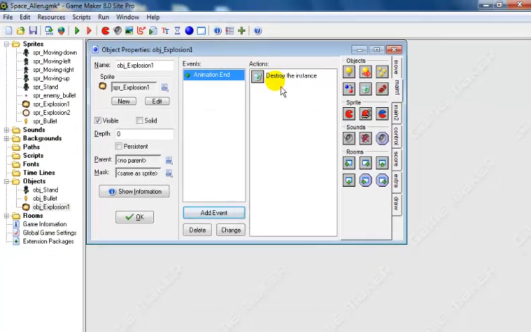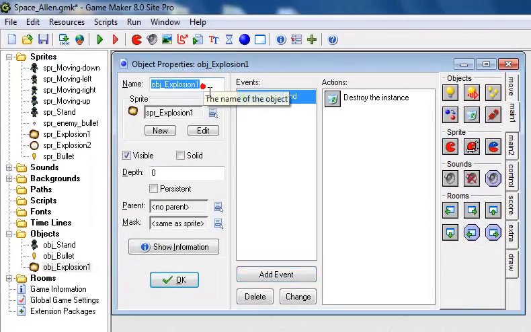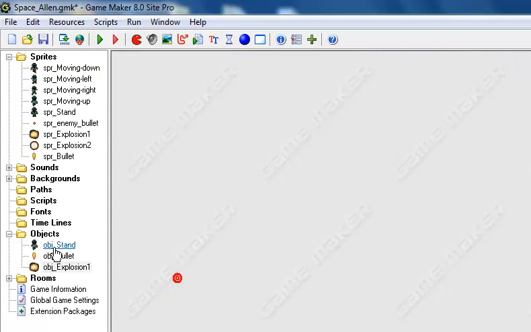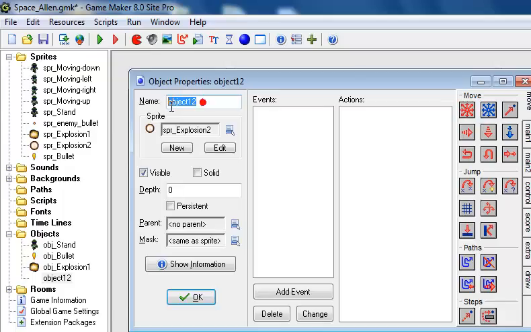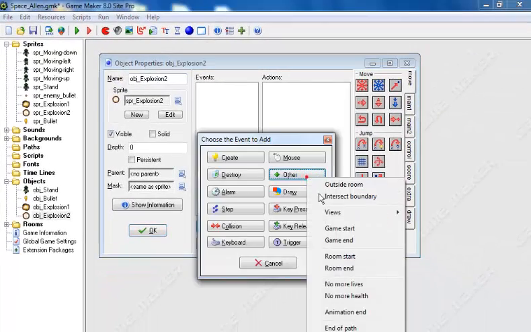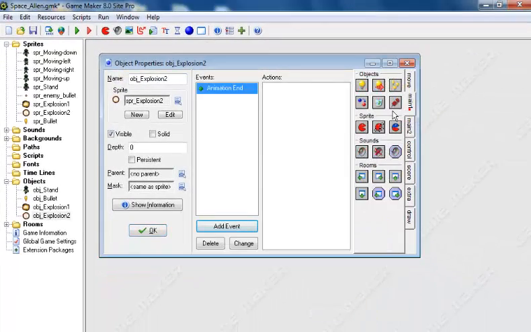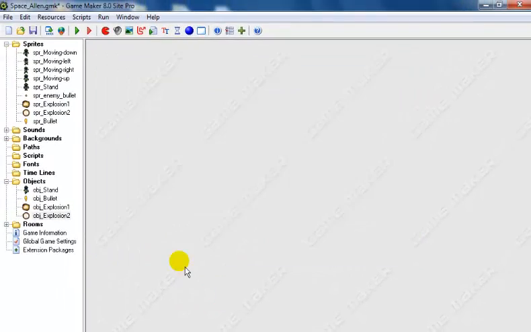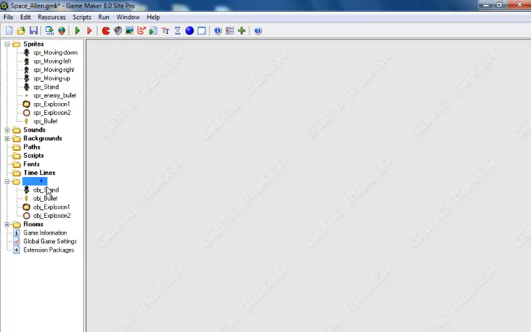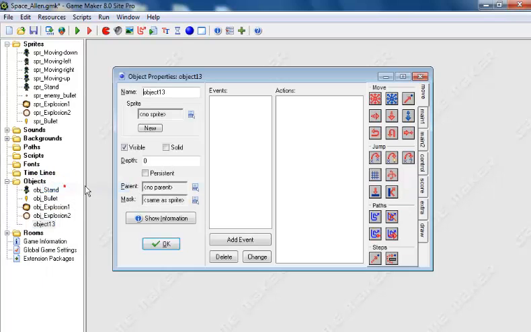So I will repeat exactly the same thing for explosion 2, object explosion 2. So let's create that as well. Object explosion 2, the same thing will be repeated for that. Add animation end event and destroy. Okay, that's cool. So what is left for me now, I will then let me create object enemy bullet,